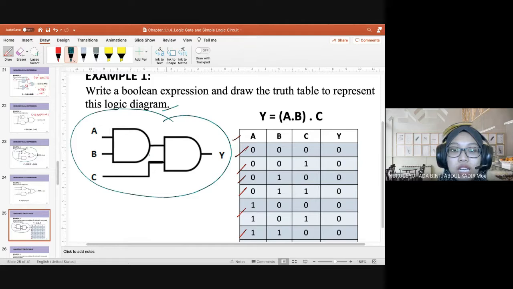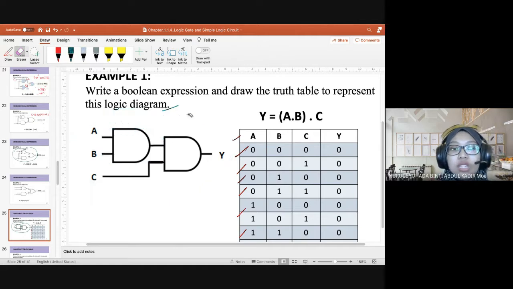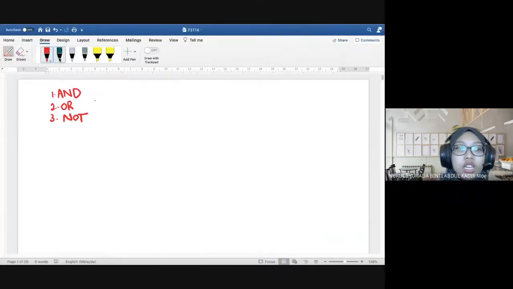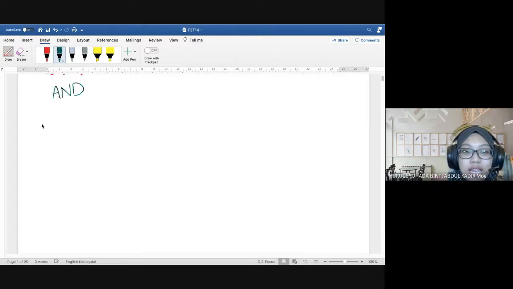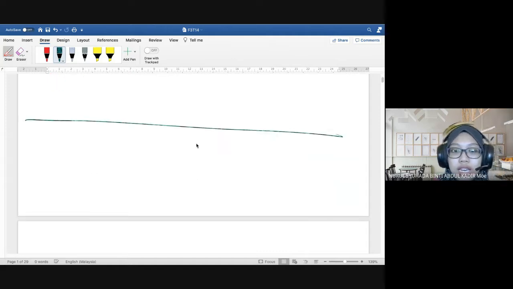So jangan terbalik kalau cakap gate, ini sebiji ni. Kalau logic diagram, the whole thing. Alright? So kita akan tengok setiap gate satu-satu, just want to refresh. Tapi refresh pun lama sebab kita akan ada banyak gates. So let's see, the first one we have the AND gate. So for the AND gate,